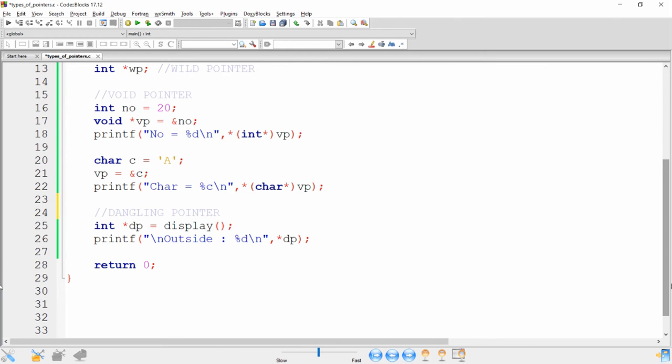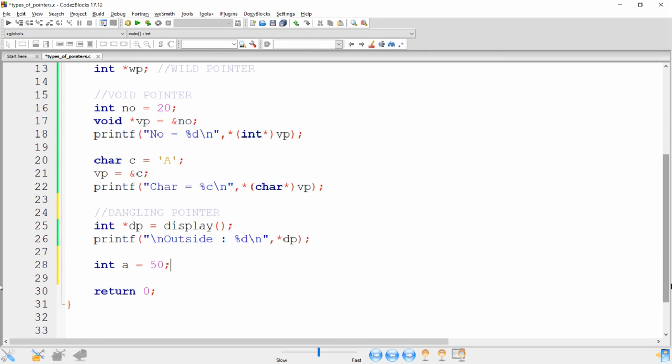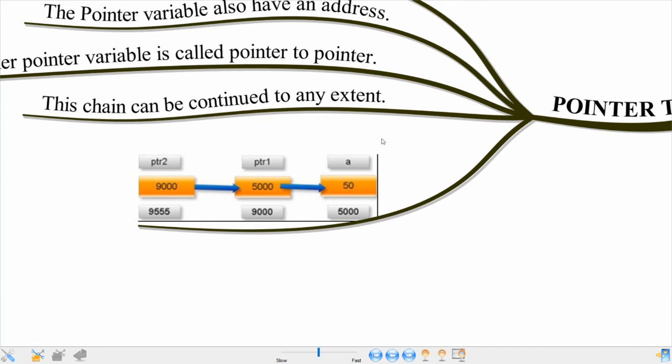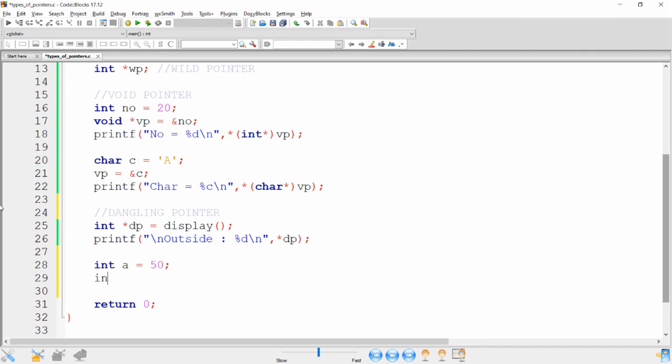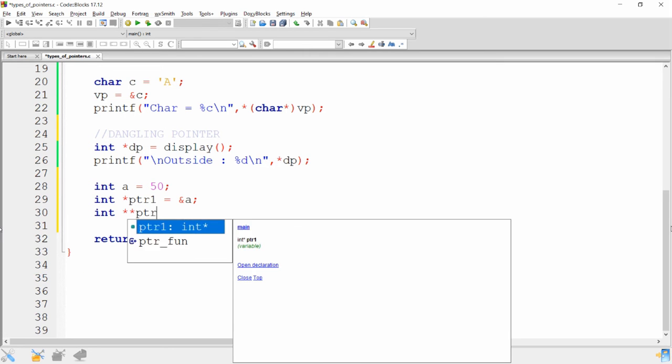Let me give an example for the same. I have one variable, int a = 50. This is the same variable that is declared over here. Now I am writing int *ptr1 = &a, so the address of a will be stored in pointer 1. Now I am declaring another pointer, int **ptr2 = &ptr1.